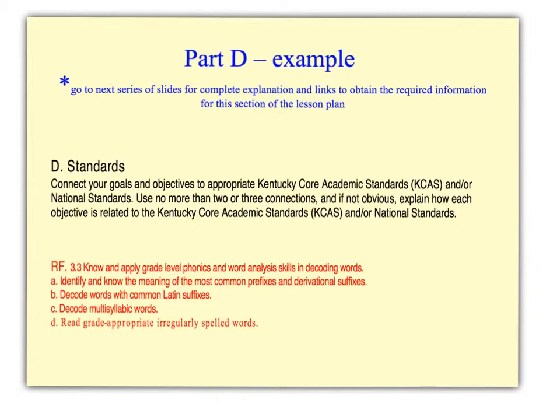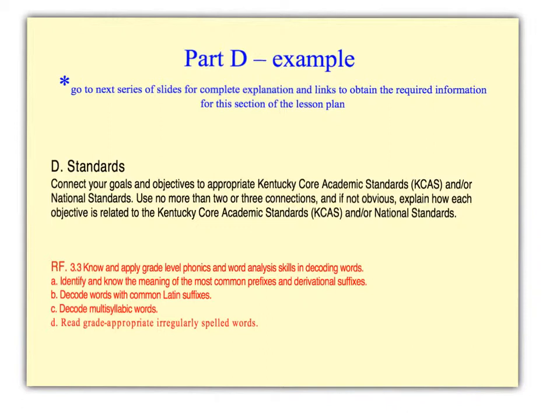Now let's talk about Section D. This is a more complicated section of the lesson plan until you figure out where your resources are and how to pull the various pieces of information together to cite the standards that justify what you are teaching in the lesson plan. So at this point, I'm going to tell you that you do need to read each slide